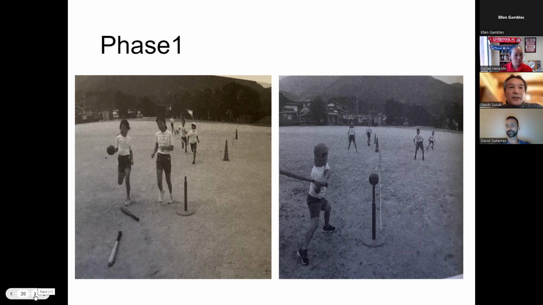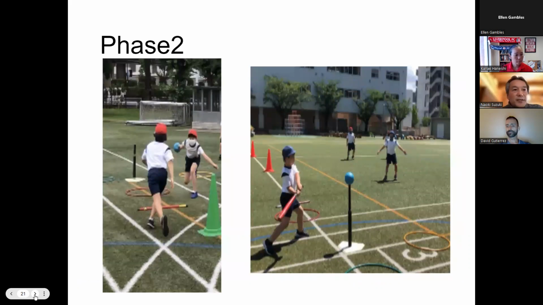In the next slide, in phase two, for the attackers, it would be good to increase the number of options for advancing the bases and making decisions about how far to advance. And for the defenders, it would be good to compete with their teammates to devise ways to work together to decide where and how the ball should be delivered. Thus, the tactical problem is to demonstrate effective ways to cooperate with teammates while making appropriate decisions based on the situation.